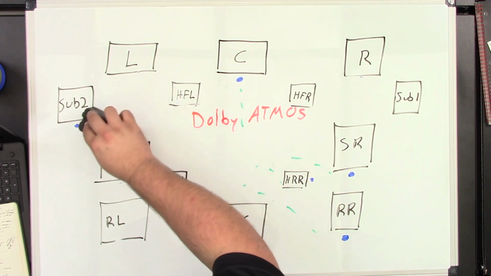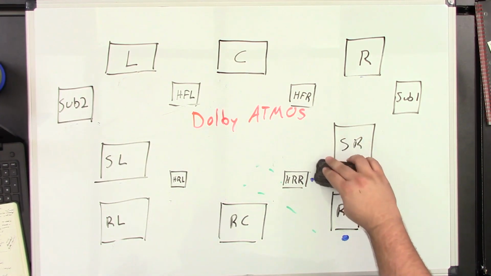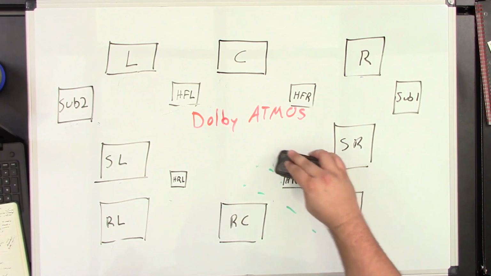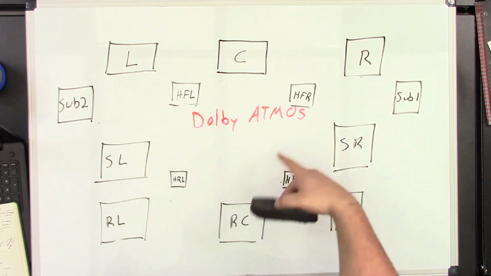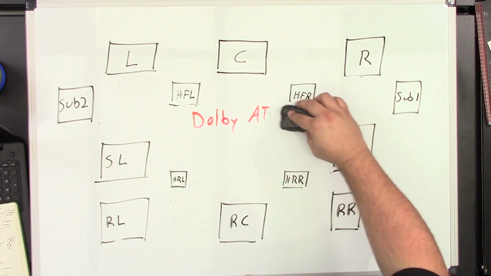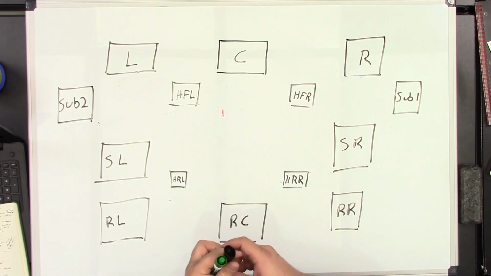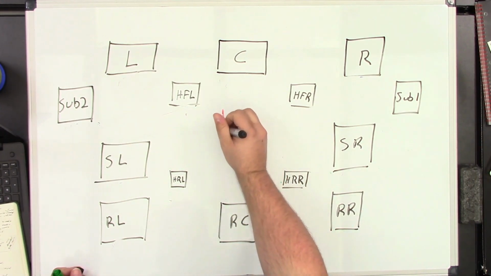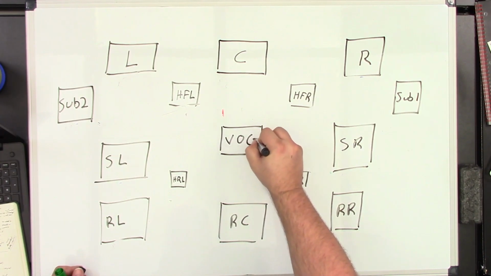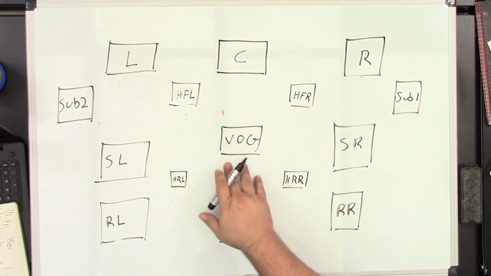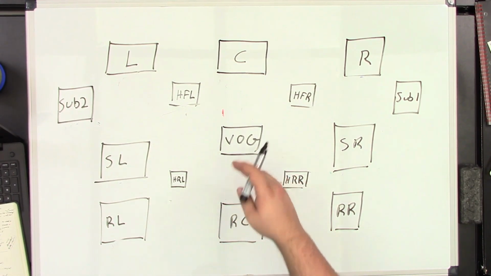I think the research that I did had Marantz and Denon doing a lot with that to bring it to the States. The difference with their system, though, is that they don't have only these surround in-ceiling speakers. They have an additional one dead center that they call the voice of God. It's just a central speaker dead center overhead, and that central speaker gives you increased height dynamics in that system.